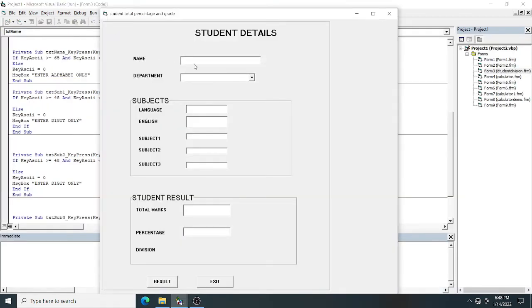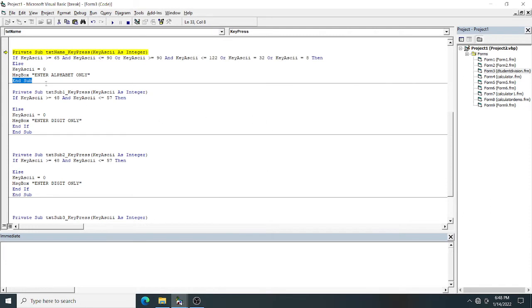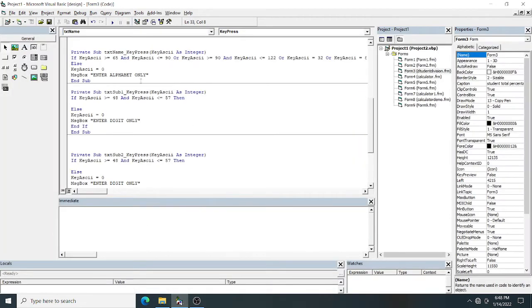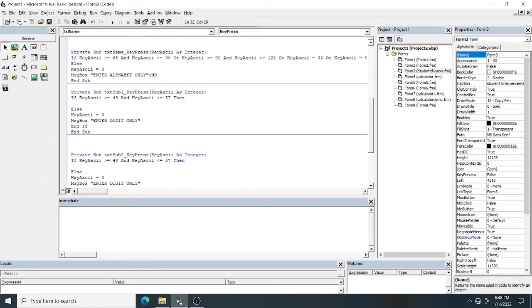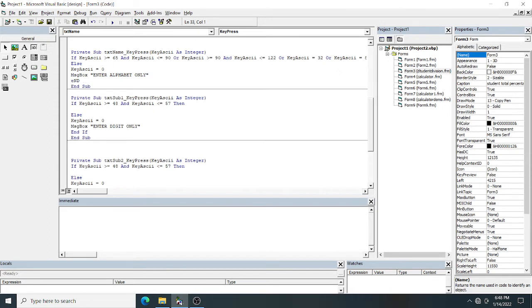And after that you should end with the end if statement. You have to add the if else if decision structure, and end if. Okay, I'm now executing.